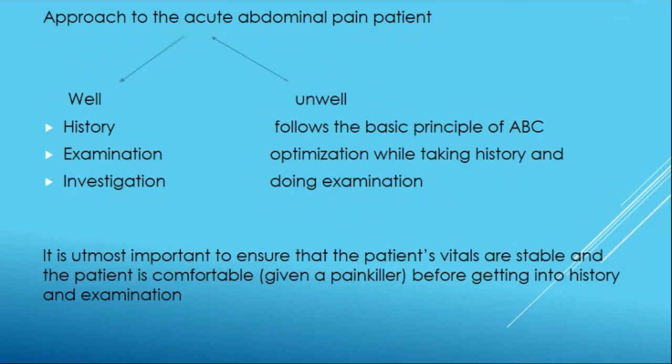If the patient is stable, we go by the history, examination, investigation, as I explained to you. If the patient is not stable, assess the patient in terms of ABC, that's the usual pattern: airway, breathing, circulation, then disability, and so on. And in the meantime, you can resuscitate the patient. And please make sure to give some painkillers to keep the patient comfortable. So while you are resuscitating the patient, you may get the history and do the examination simultaneously.